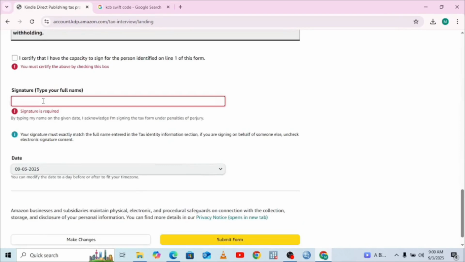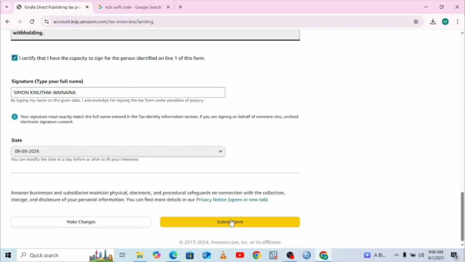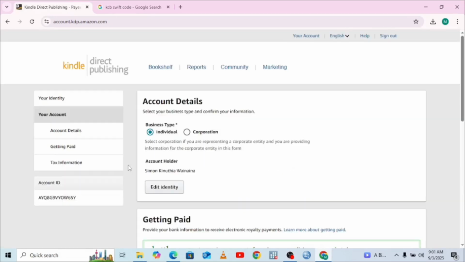So I need to input my signature here. So the signature is my full name, which is Simon Kinuthia Wainaina, which is here. Then I submit the form and make sure you have completed. So I need to certify. Then I can submit the form. So the applicable withholding tax is 30%. So I can exit the interview. So we can get back and now try and